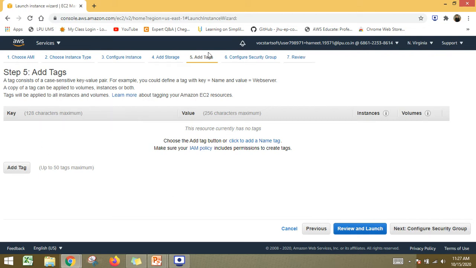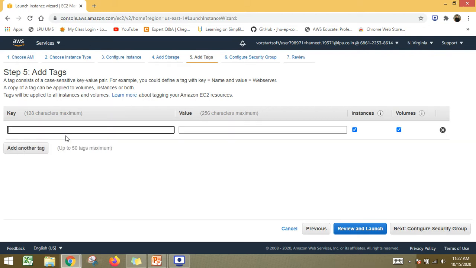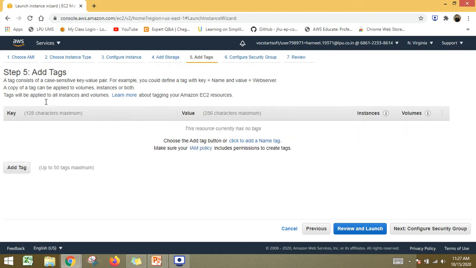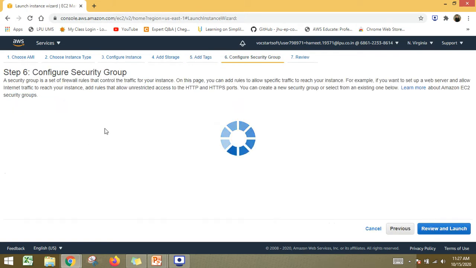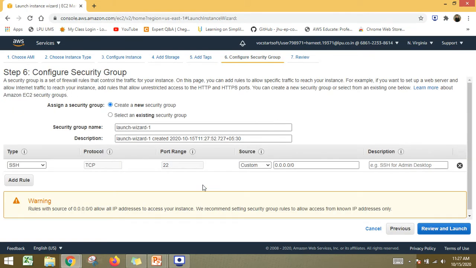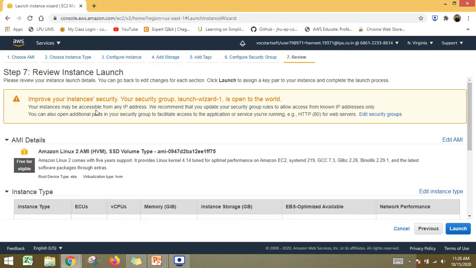In case you are working on the developer side, you can also add some tag here, for example for production, and provide the value accordingly. This is an optional step. The next step is you have to configure the security groups. By default, because this is a Linux instance, the rule is that it always works under SSH. As per the type of the Linux instance, this security group rule has already been created for us. So I'm not going to make any changes to it. I'm just proceeding next, right?